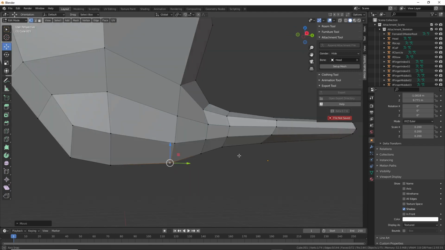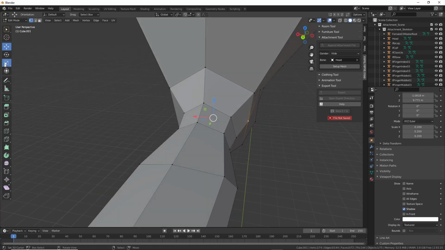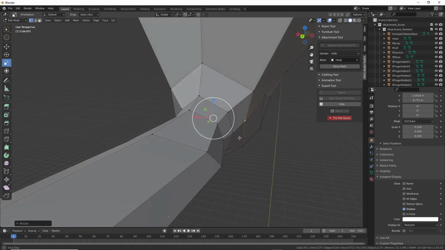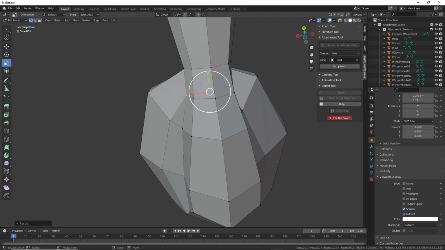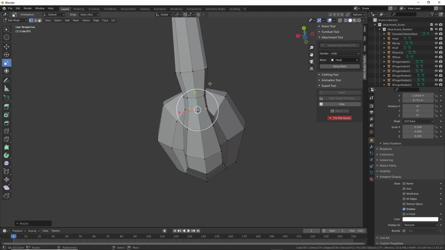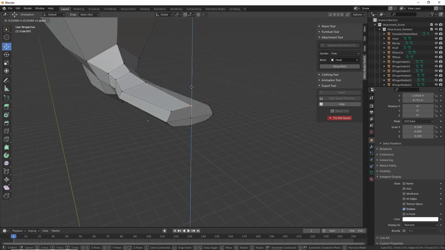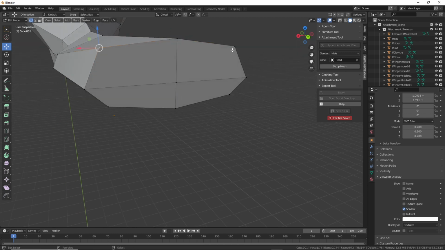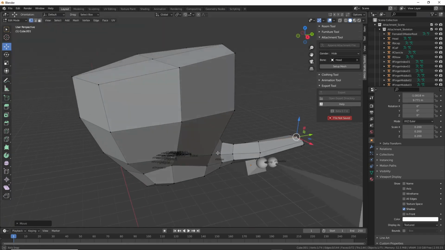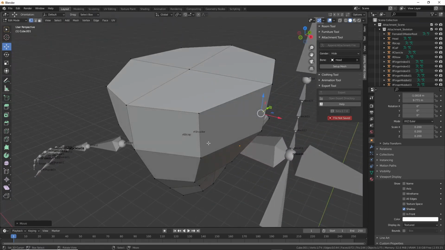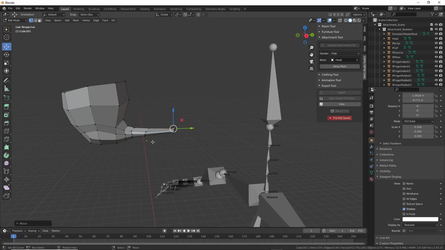And then we can see that within a relatively short space of time, we have an object that we can set up. So what we're going to do with this, once we've got it all modelled out, is... it's a bubble pipe, obviously. So what we're going to do with this is,